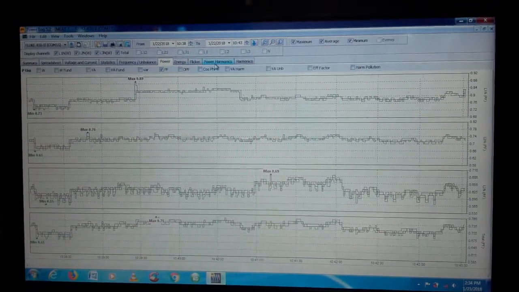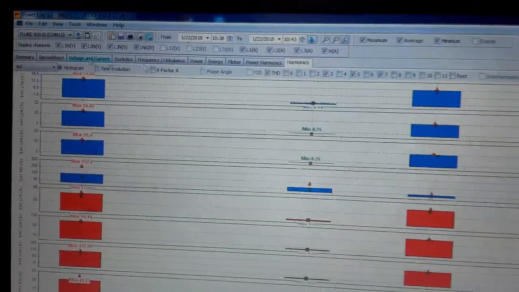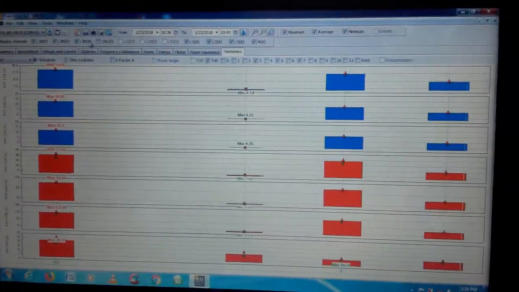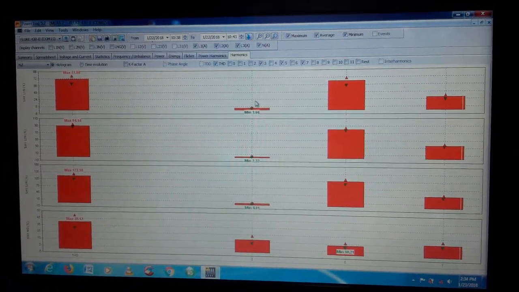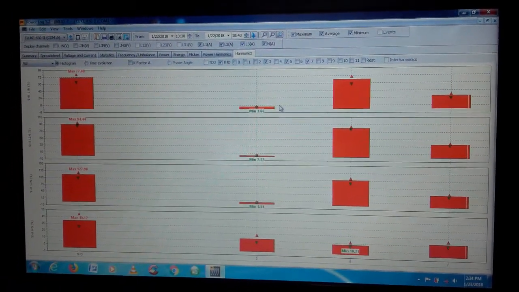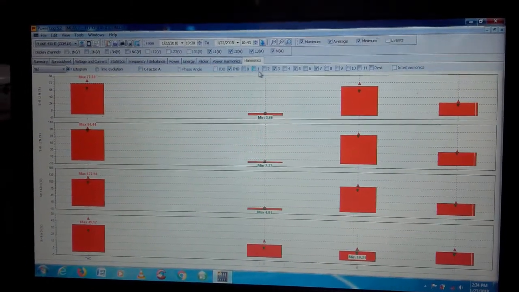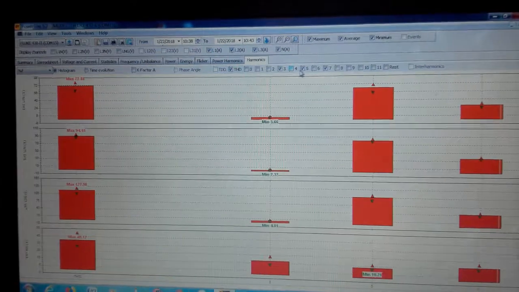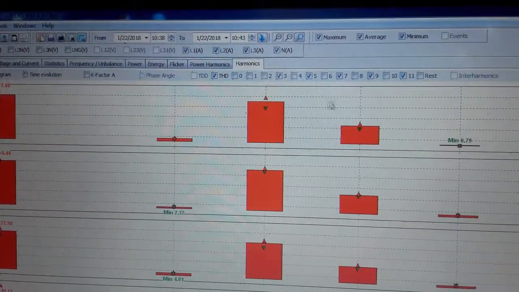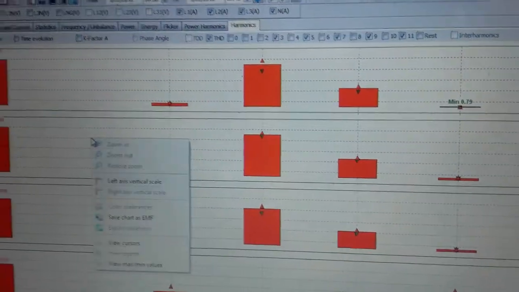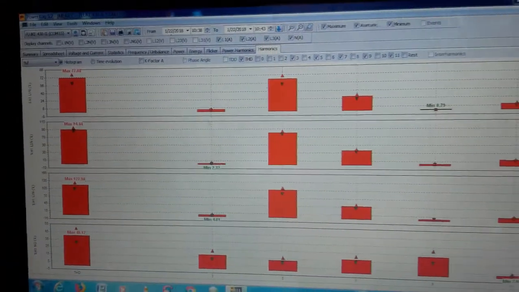The main important power quality event is harmonics. The harmonic for voltage as well as current is shown. The current harmonic is the main important factor, causing inconvenience to the supply system. So starting from the total THD value to the 1, 3, 5, 7, even 9, 11 and other harmonic values are shown. We can see the maximum and minimum value by using this cursor, and there is one more provision